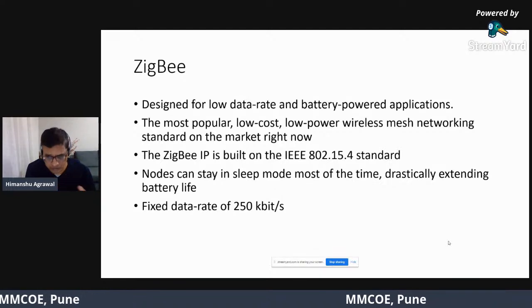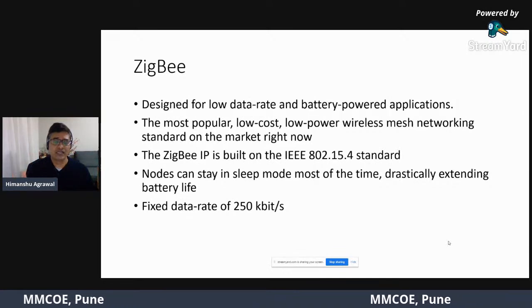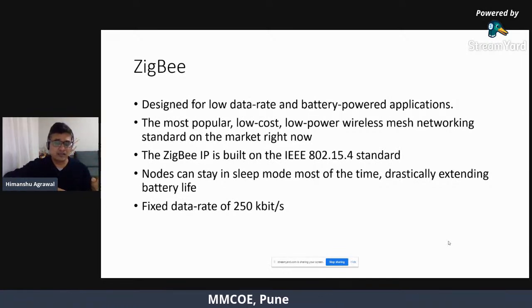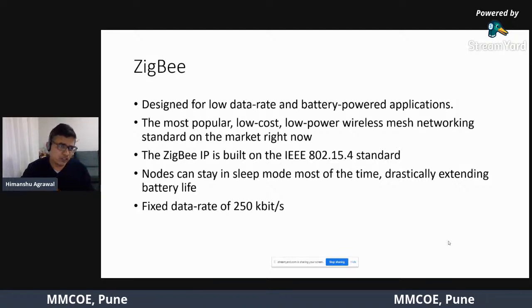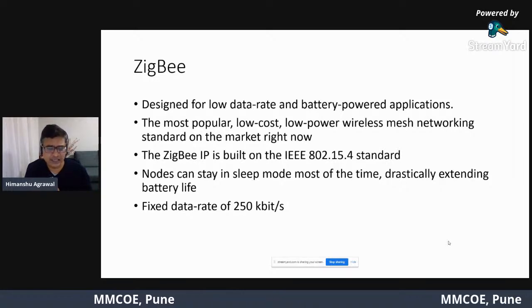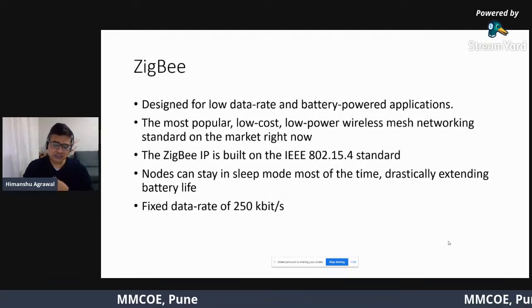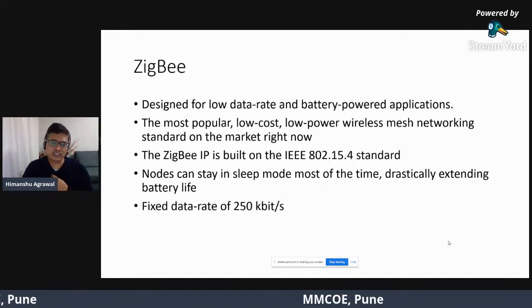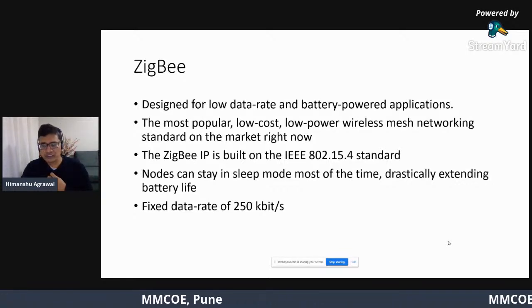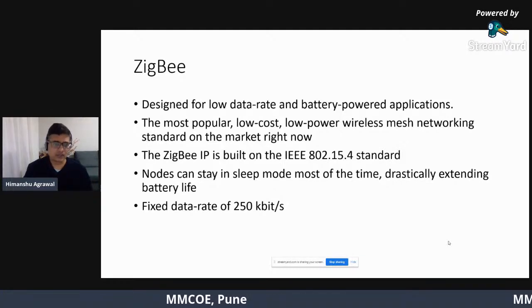For instance, if you are working on water quality and using water quality sensors to monitor the water quality in a reservoir, you can use multiple nodes communicating using Zigbee, right? The data rate is not high. Zigbee supports up to 250 kilobits per second, which is fantastic, right? I think most of the applications on wireless sensor networks before 2010, we made use of Zigbee, and we still use Zigbee, right?